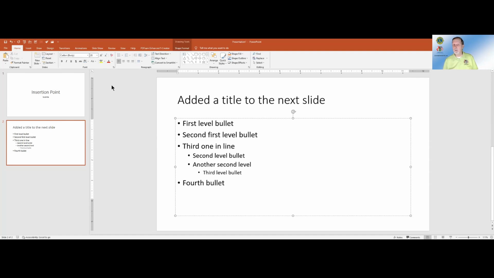Easy stuff. So I can add normal text without the bullet as I need to. If I change my mind after the fact, yes, because this is a toggle, I can turn it back on, and I've got my bullet in there. Not bad. Not bad. So working with text is relatively easy. It takes a little bit of practice to get used to this.